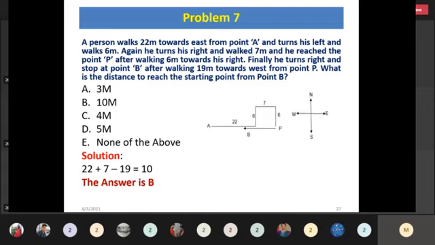A person walks 22 meters towards the east from point A and turns his left and walks 6 meters. Again, he turns right and walked 7 meters, and he reached the point P after walking 6 meters towards his right. Finally, he turns right and stops at a point B after walking 19 meters towards west from point P. What is the distance to reach the starting point from point B? The options are A 3 meters, B 10 meters, C 4 meters, D 5 meters, and E none of the above. So if you see the solution,